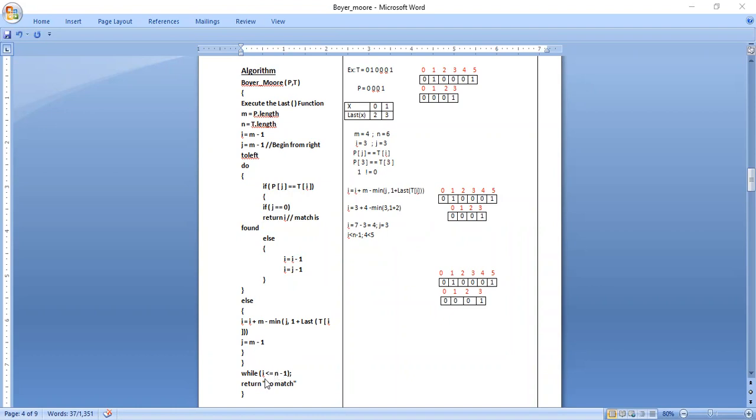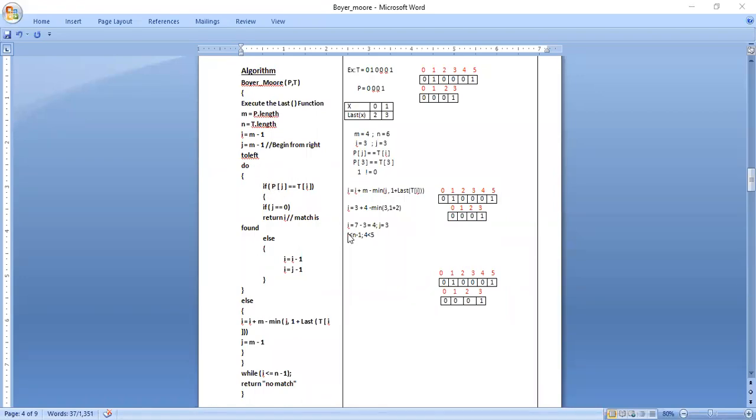So again, it needs to check this condition whether i is less than n minus 1. So what is i here now? It is 4, right? Now it is 4. So we need to check it is less than n minus 1. What was my n? It was 6. So 6 minus 1, 5. So 4 is less than 5. Yes, it is. So it doesn't take this step. It goes back to the